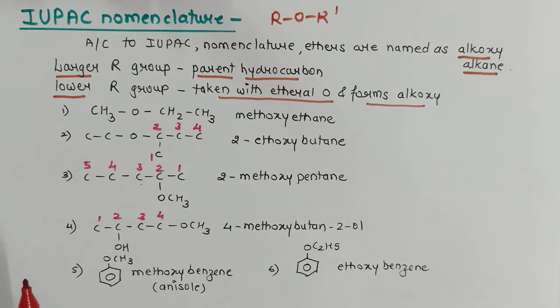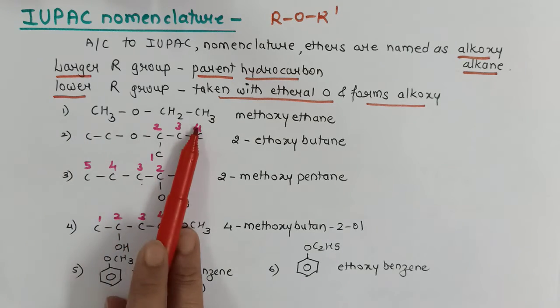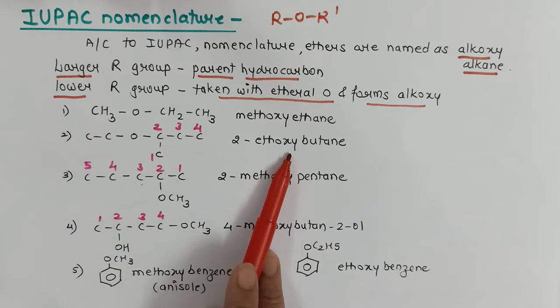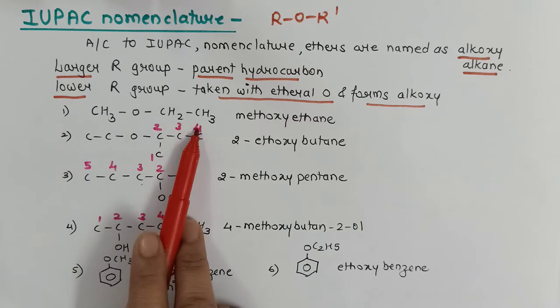Now as you can see, in every nomenclature I have given the numbering. In your board exam also, IUPAC nomenclature is one of the sure questions, and while writing answers of these questions, it's always better if you write the structure, number it, and then write the answer. Whether the question is to write the name from the formula or to write the formula from the name, in both vice versa type of questions, it's always better to give the numbering.